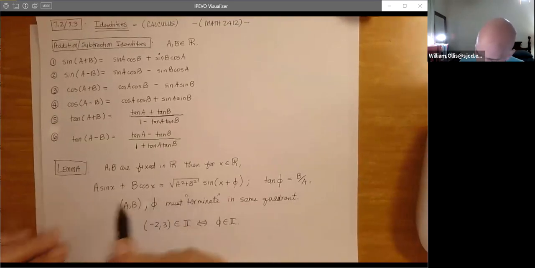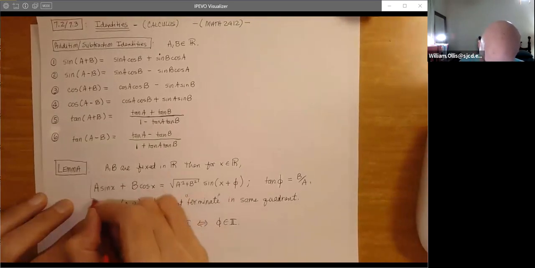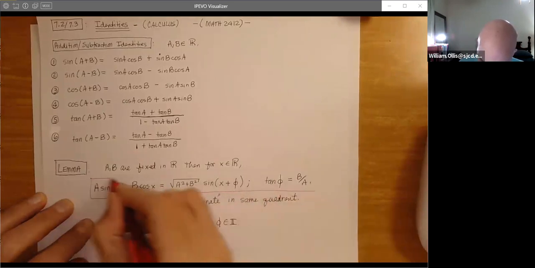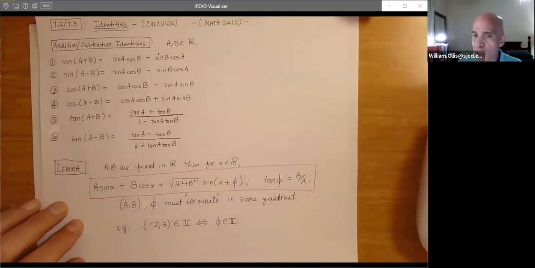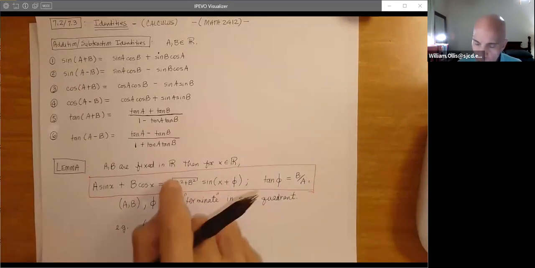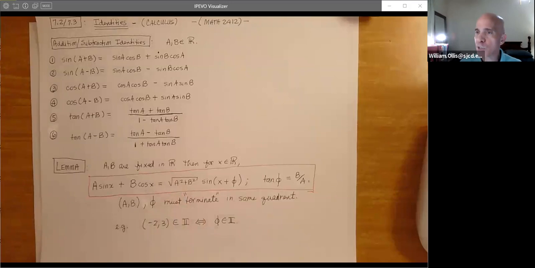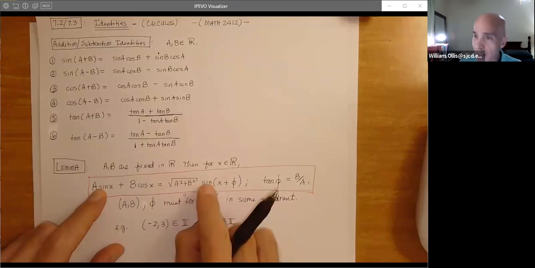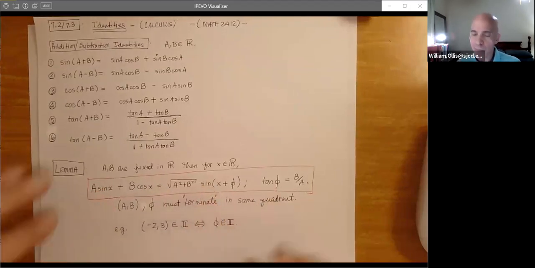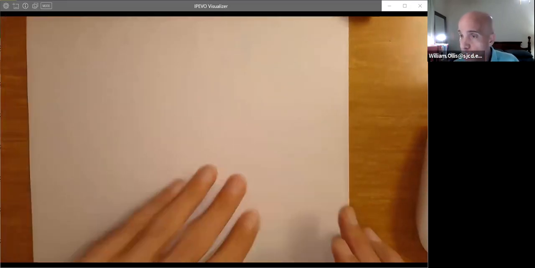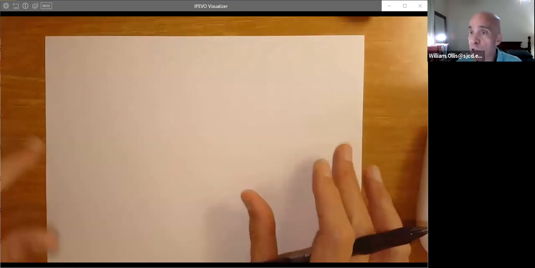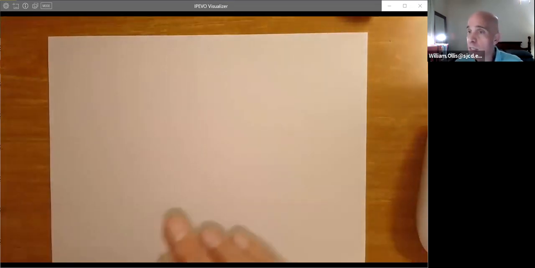This lemma here, I want you to put this on a note card and put it in a red box, because this is a very, very useful result. And here's the thing, ladies and gentlemen, you will use this when you least expect. When you get to differential equations and you're thinking, why does the answer look like this? Oh, this is this, and so we get this. The sad part about trig is that you learn all this stuff and then you're not always sure when you're going to have to use it. But at some point in calculus 1, 2, or 3, you're going to be using these ideas. Unfortunately, it doesn't come all at once, so you have to keep things percolating.